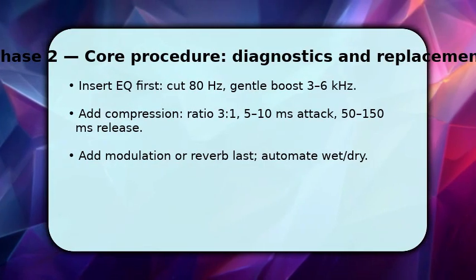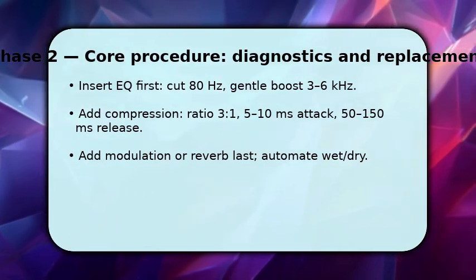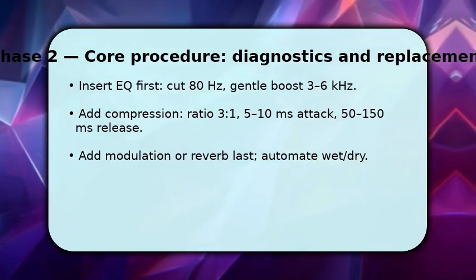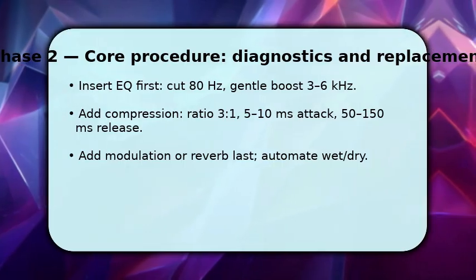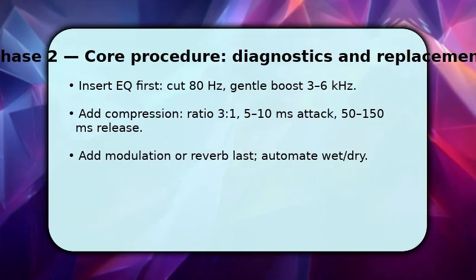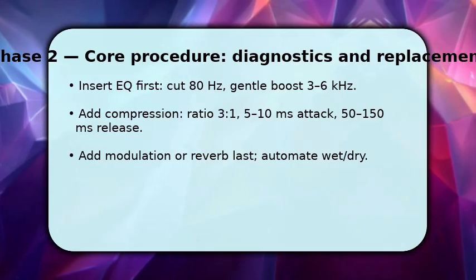Now you build the effect chain to shape character and presence. Start with subtractive EQ, remove rumble below 80 Hz, and gently boost presence around 3.6K Hz to cut through. Once the tone is set, insert a compressor with a 3:1 ratio, 510 ms attack, and 5150 ms release to